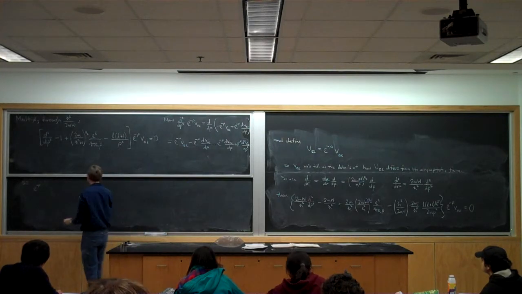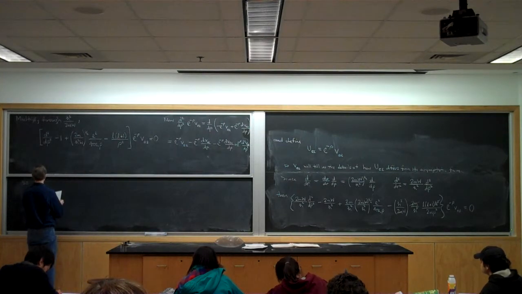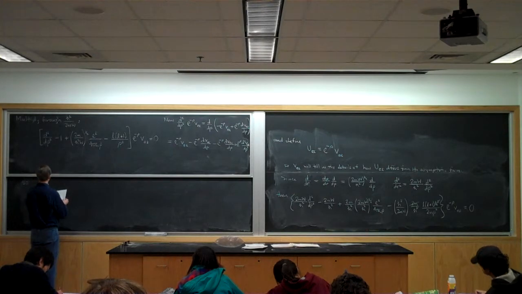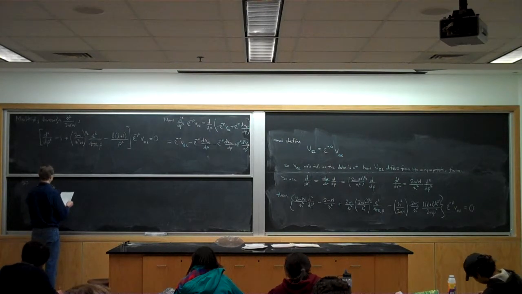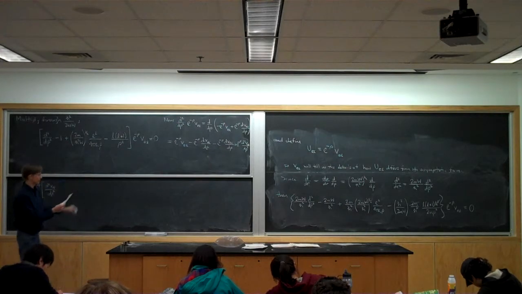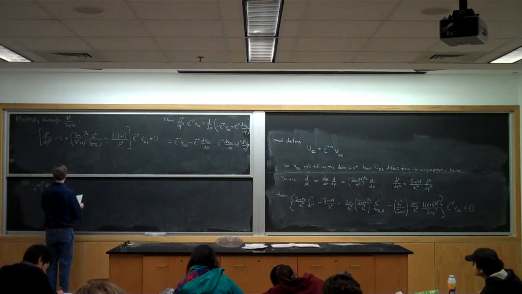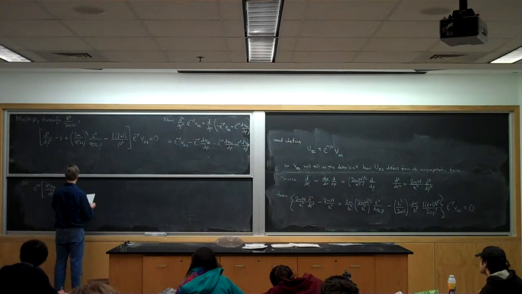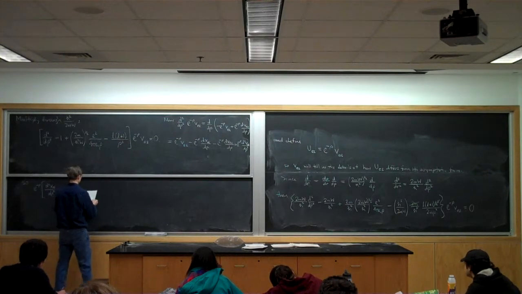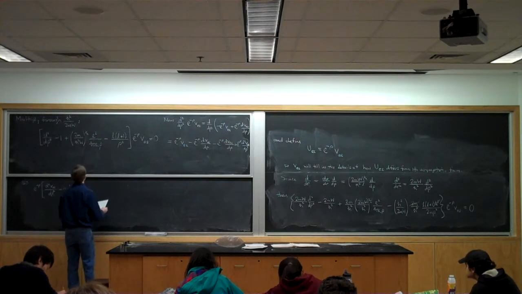So I'm going to pull that out to the front: e to the minus rho times d squared V_EL/d rho squared from the last piece, minus 2 dV_EL/d rho from the middle two pieces, and then